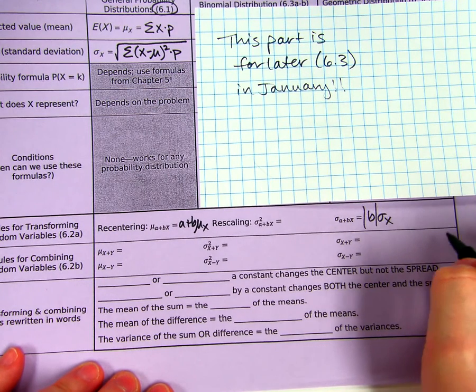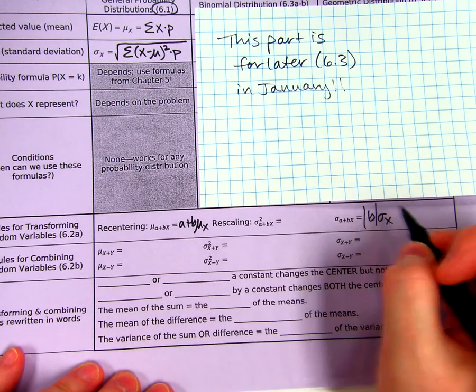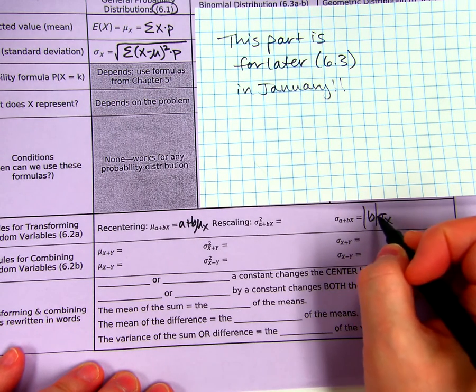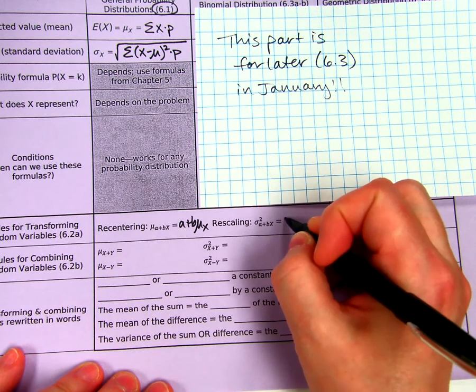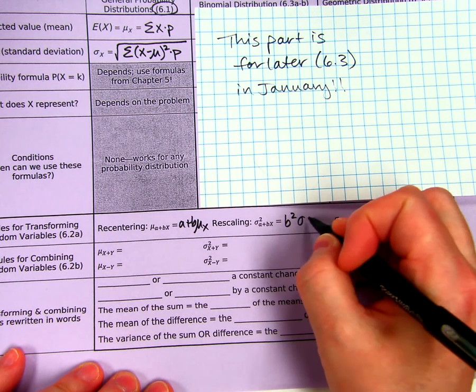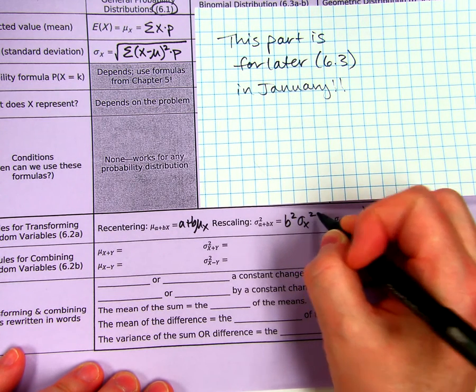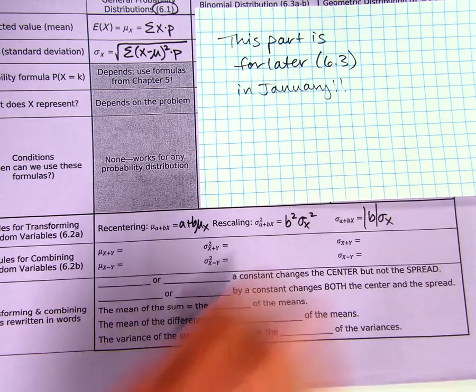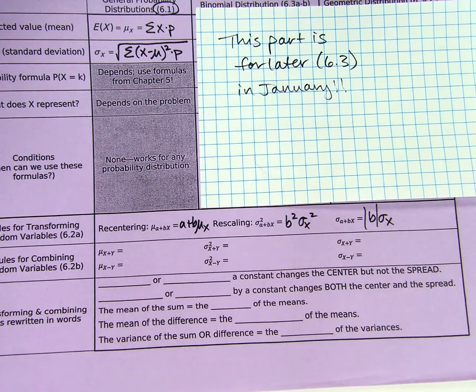And then if you want to do the variance, which is sigma squared, you just square all of this. And squaring the absolute value thing just gets rid of the absolute value anyway, because squared is already positive. And then this is sigma x squared. So that formula I may not have given you, but it is in most of the books, so just to be sure. And then in 6.2b,